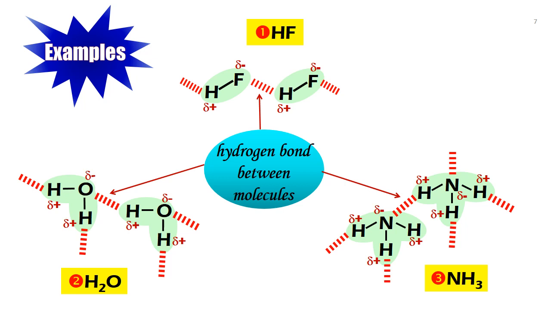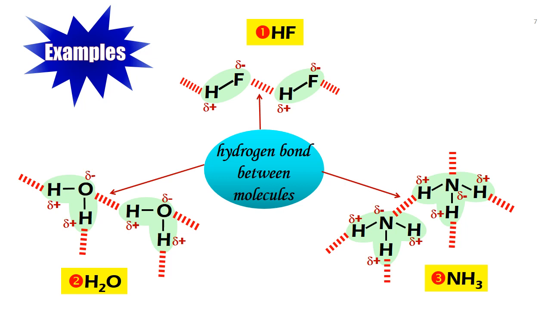Third, ammonia. Ammonia has an NH bond in it. Again, this molecule fulfills the requirement for hydrogen bonding. For water and ammonia molecules, each molecule may form more than one hydrogen bond with the neighboring molecules. And comparing these three molecules of HF, H2O and ammonia, the hydrogen bond between HF molecules